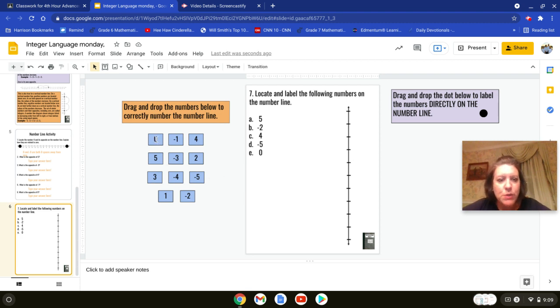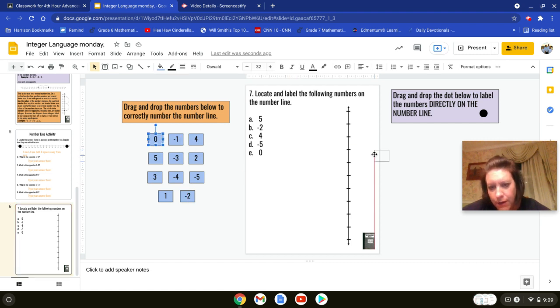So what we're going to do is we're going to take 0 and we're going to put it right in the middle of our number line. And I like for mine to go on the right. You don't have to. You can put it wherever you want. It can go on the left. But I like for my positive numbers to go up. Positive means increasing. So 1,